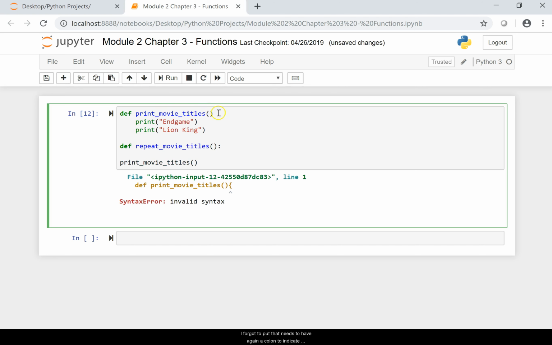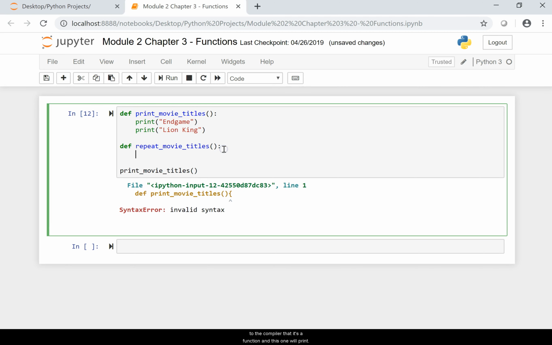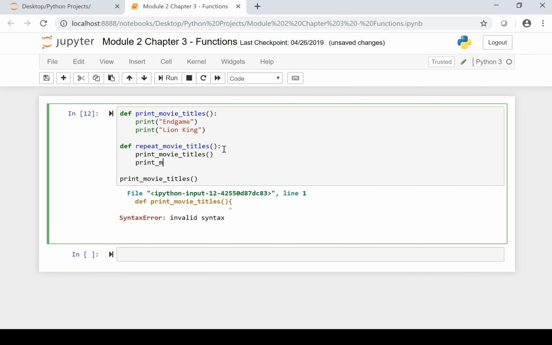Okay, and I forgot to put, again, a colon to indicate to the compiler that it's a function, and this one will print movie titles 2 times. Okay, so now if I say repeat here,